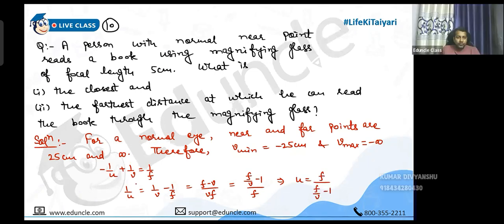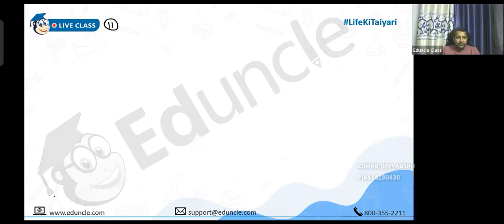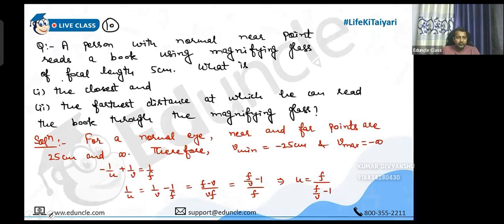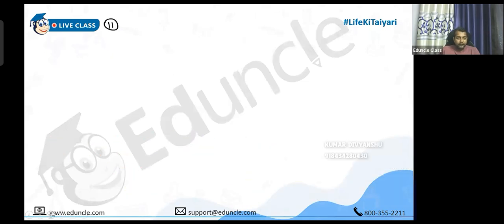So now substitute the values. Focal length is 5 centimeter and v is also known. So try to get the value of u. When we have to find u minimum, this should be maximum and this can be maximum when v is minimum. Let me write on the next slide. Number 1. Minimum